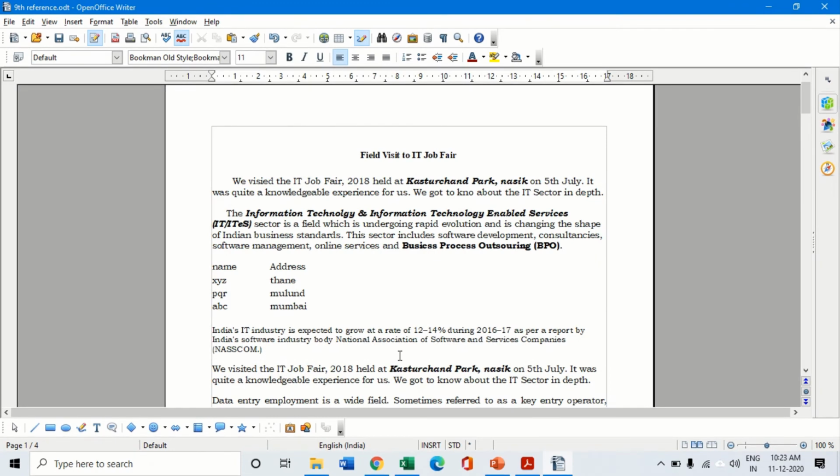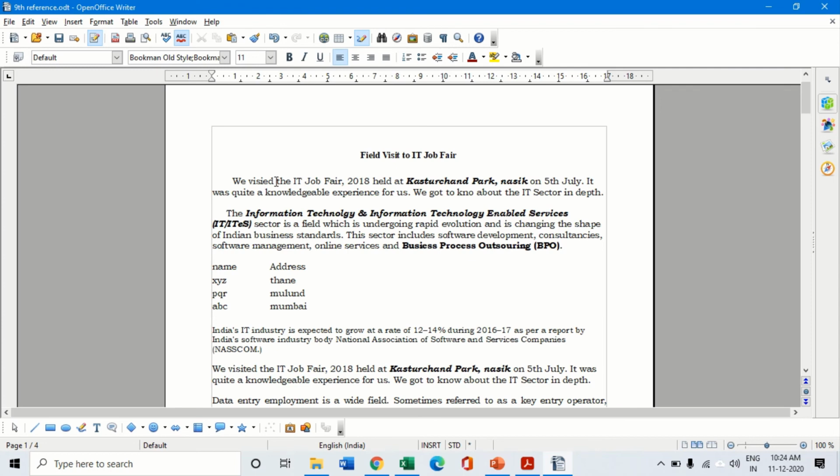We are now going to look at a new feature which is called non-printing characters. Whenever we type any text in a Word document, the characters are typed as we type. There are certain keys like the space, the tab key, or the enter key, which are also considered as characters.